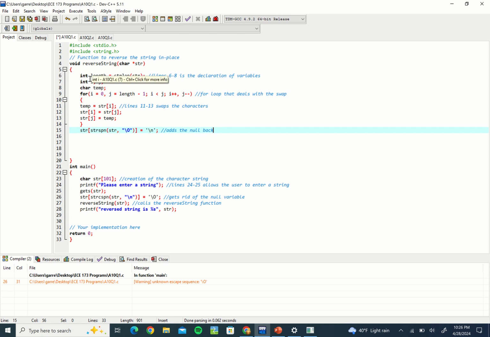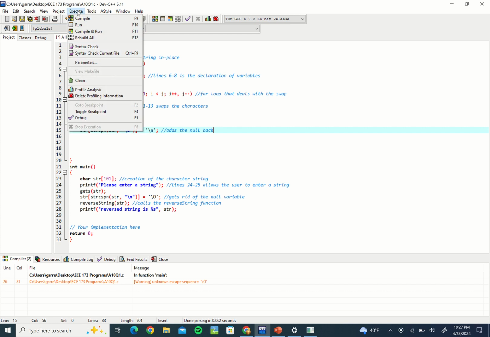So we're going to set the length equal to the actual length of the string. And afterwards, it's kind of just going to look the same as all the other swaps we've done throughout the class. And then add the null back on, and it will be printed. So what that looks like here,